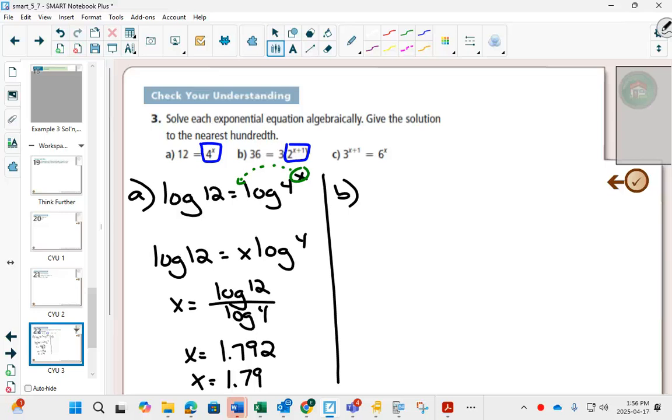I can get the power. Can you see you could divide both sides by 3? Yeah. And that would get the power all by itself. If you can do that, that'll make your life easier. You'll make fewer mistakes. So now, when I take the log of both sides, or the natural log,